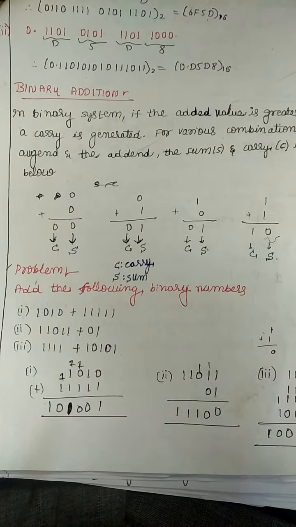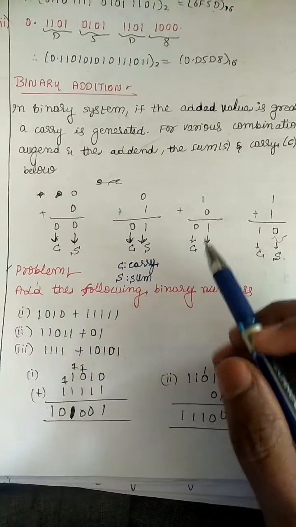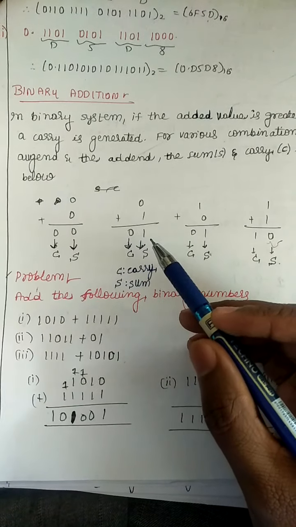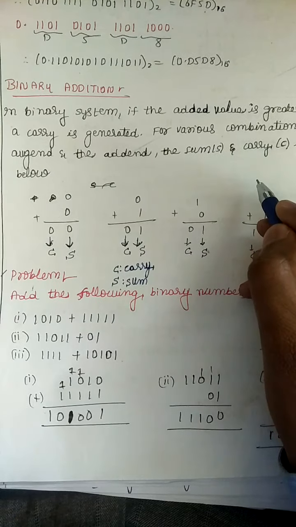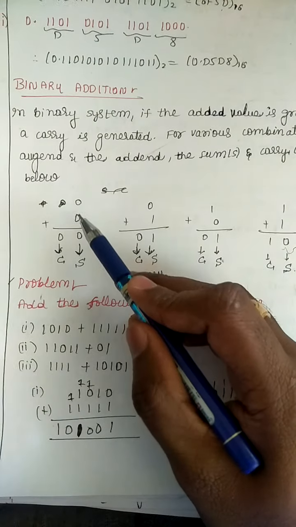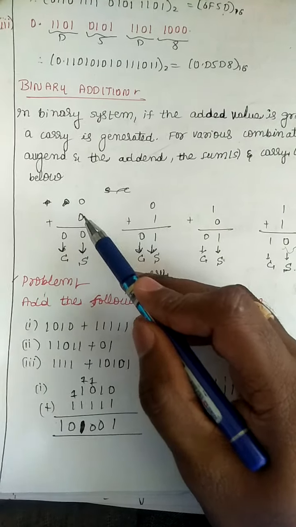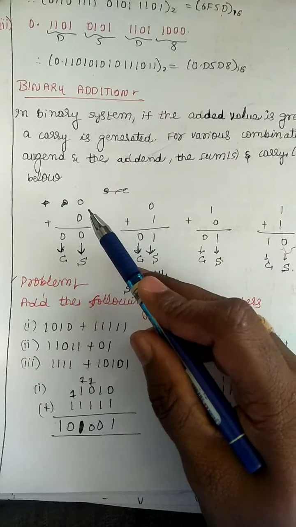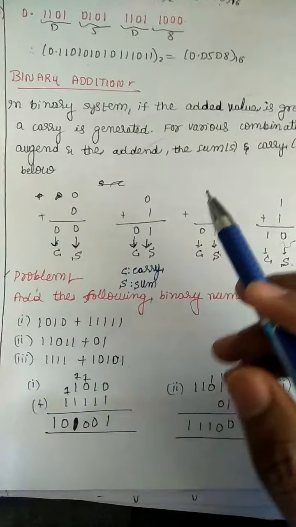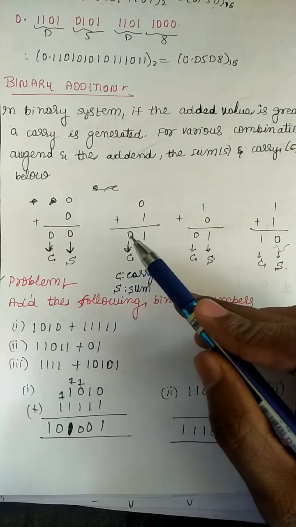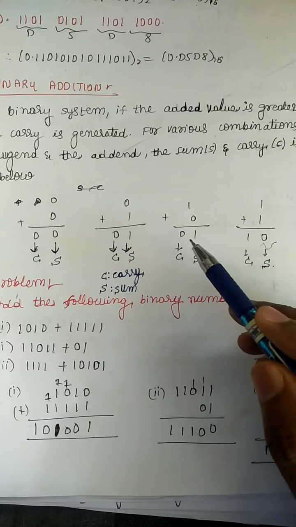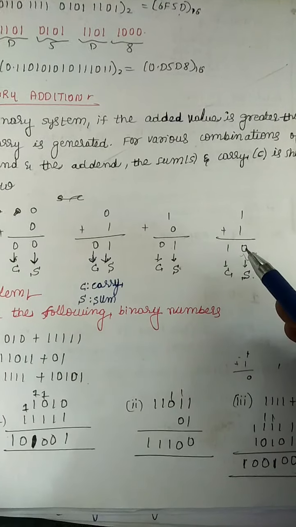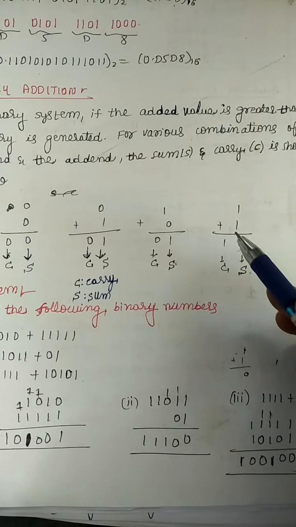In today's class, I am going to discuss binary addition. Binary addition means you have to add two binary numbers. So totally 2 square, 4 combinations, you will get. If you had two binary numbers, 0 plus 0, the sum is S, S stands for sum and C stands for carry. 0 plus 0 means 0, the carry is 0. 0 plus 1 means 1, the carry is 0. 1 plus 0 means 1, carry is 0. If we had two ones, 1 plus 1, then the sum is 0, carry is 1.